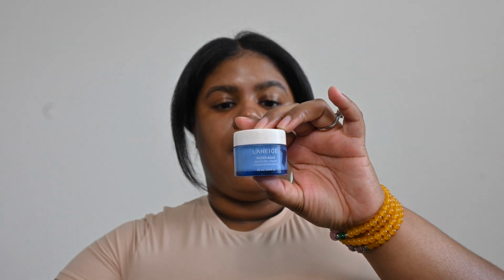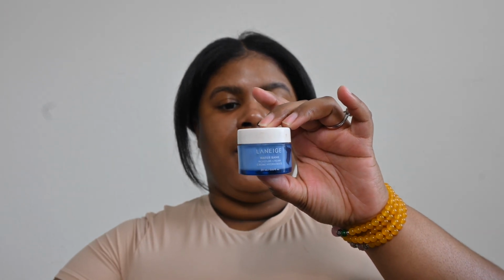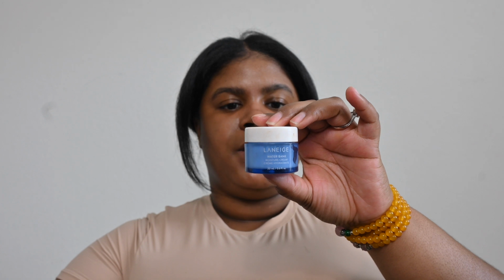Now once again, this is a super dewy type of look, and so we want to add as much moisture to our face as possible and really get a good glow going to our skin, so that you don't have to overdo it with highlighting products. So what I'm going to do is use the Laneige Water Bank Moisture Cream. It's this product right here. I talked about this before in one of my Vlogmas